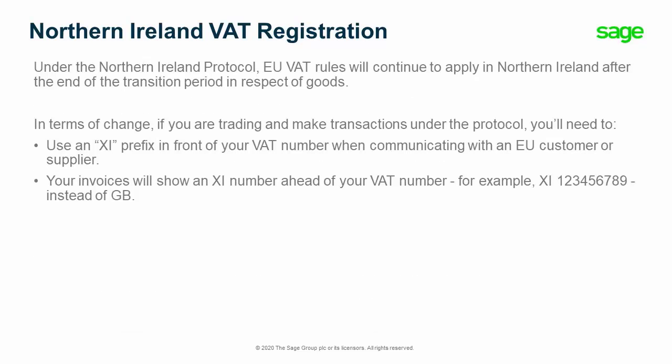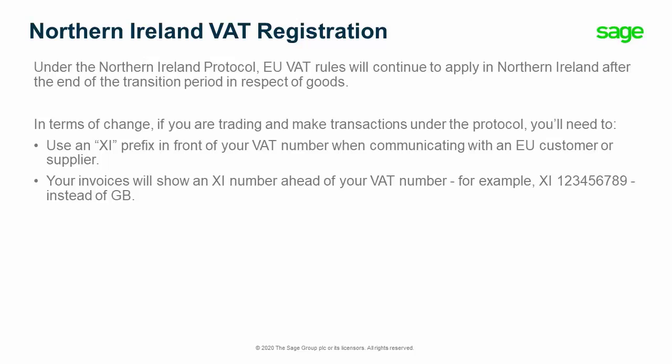Then we have Northern Ireland VAT registration. Under the Northern Ireland Protocol, EU VAT rules will continue to apply in Northern Ireland after the end of the transition period in respect of goods. In terms of change, if you're trading and make transactions under the protocol, you'll need to use an XI prefix in front of your VAT number when communicating with an EU customer or supplier. So your invoices will show an XI number ahead of your VAT number. For example, XI